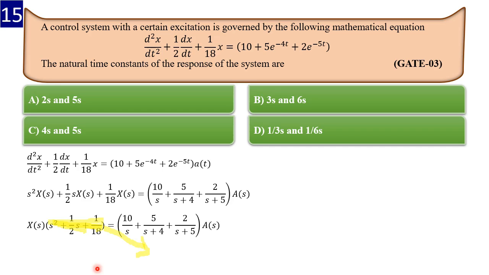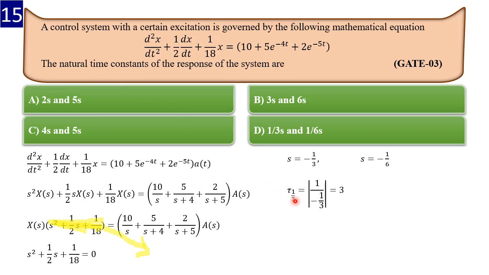So now let's see how we are going to calculate it. We equate this term to 0, and now we have to calculate what the poles of s will be. The poles of s will be given as minus 1 by 3 and minus 1 by 6. And now we have to find the time constant for both of them, for 1 by 3 and 1 by 6. For 1 by 3, the time constant will be 1 upon the real part of the pole. But here small and big are not considered, because it has asked for the time constants, meaning both the time constants, or the time constant on both the poles.